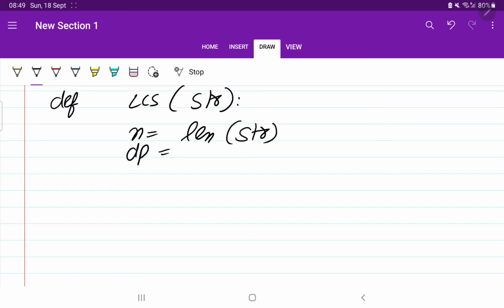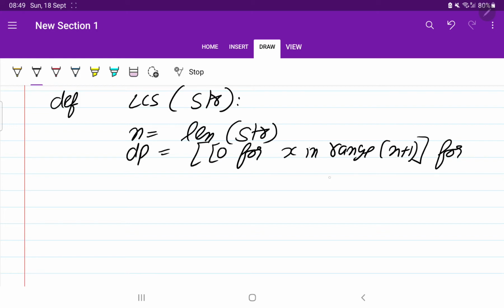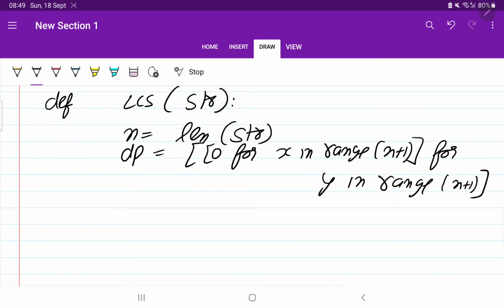So dp will be equal to 0 for x in range of n plus 1, for y in range of n plus 1. Perfect. So this is the dp that we have created.